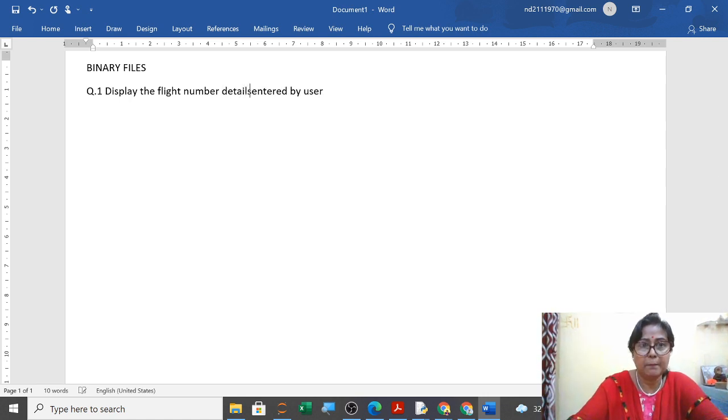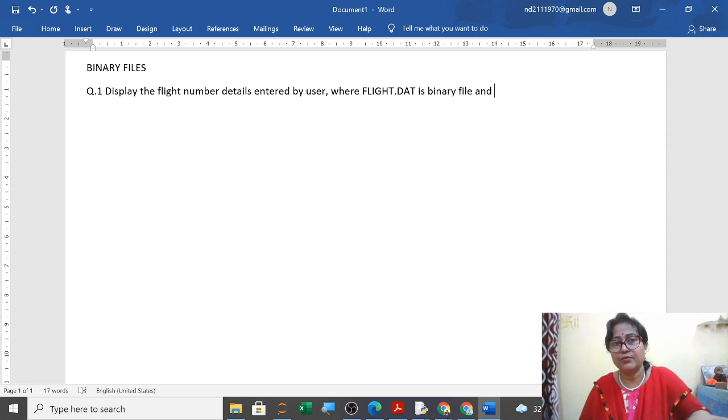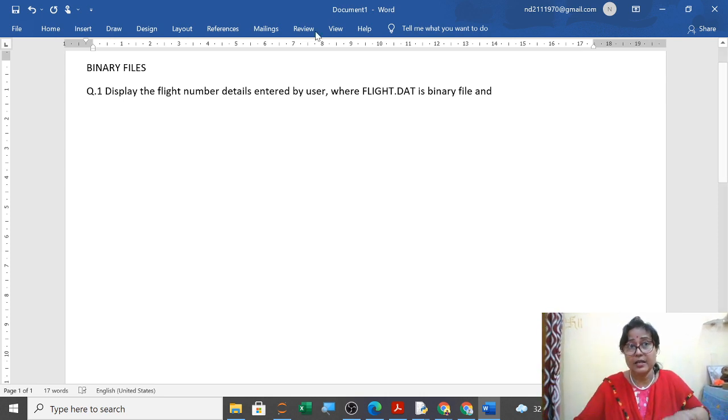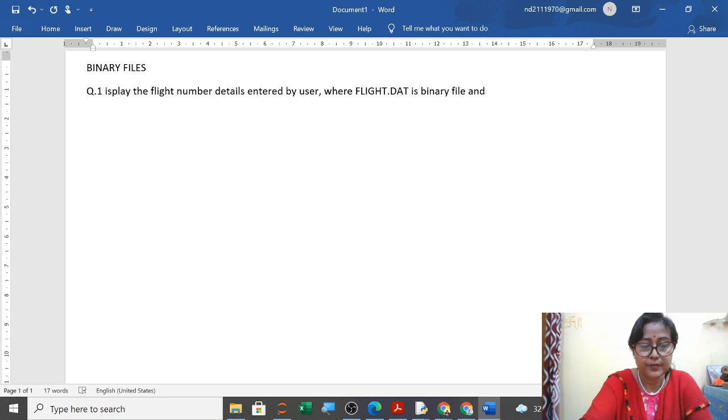You have to display the complete flight number details entered by the user, where flight.dat is a binary file. In this monthly test you will get all these types of questions, in which you only have to write the function. A user defined function, only the function you will be asked.